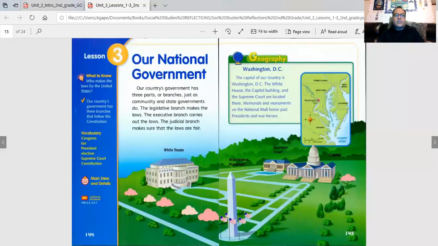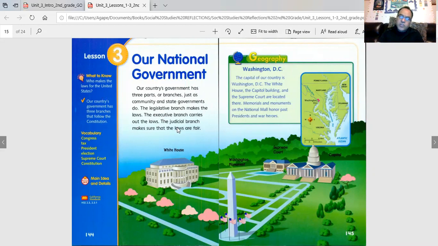In this section of Governing the People for second graders, we are going to look at our national government. Some things to know. Who makes the laws for the United States? Does the president make the laws? No! Our country's government has three branches that follow the Constitution. Know that. And that's what we're going to read about, the three branches and how laws are created for our